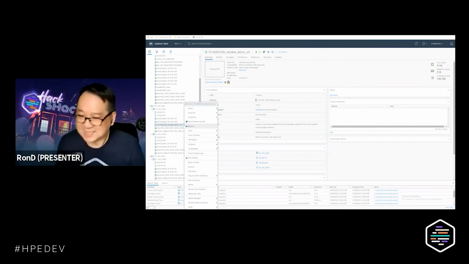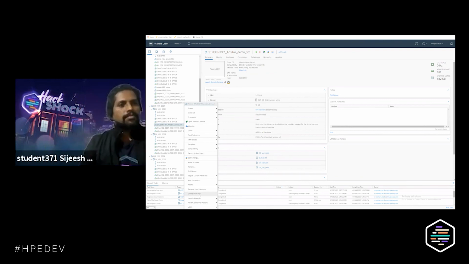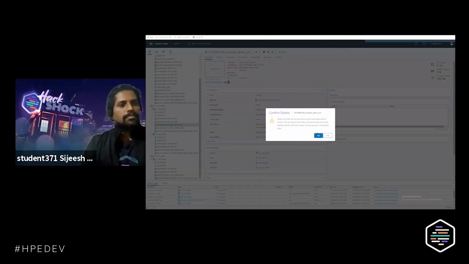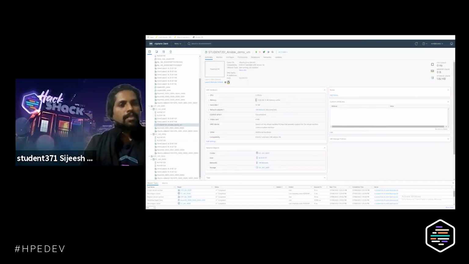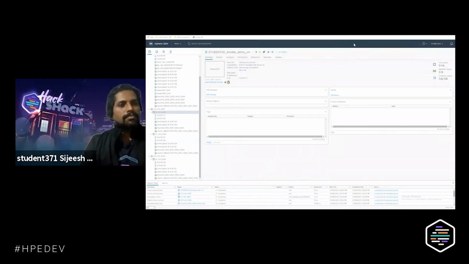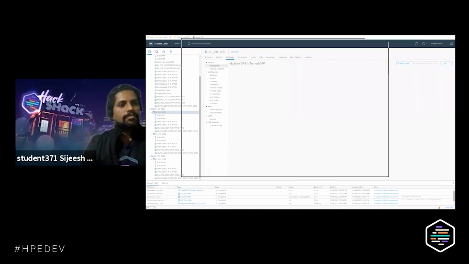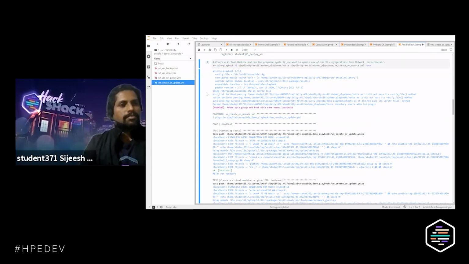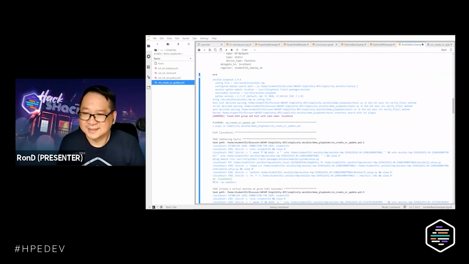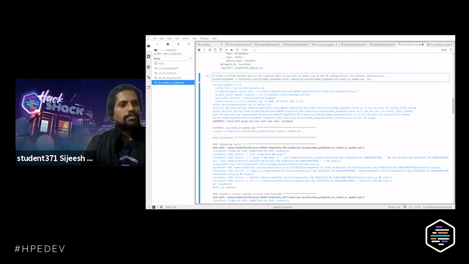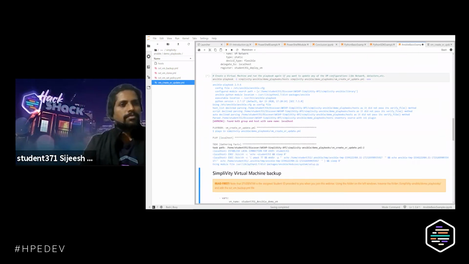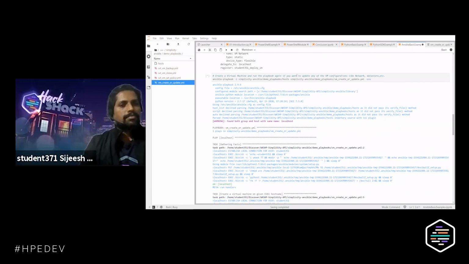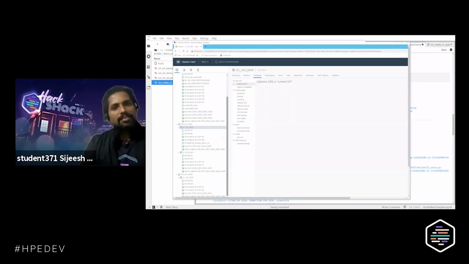What do you think, Suggest? If you're running it again, like in the Ansible playbook, Ansible will be checking if there is any configuration difference. If there is any configuration difference, it will be updating it. So the idempotency is very important here for Ansible. When you want to update a VM, you can just use the same playbook, change the configuration. Let's say we want to update the network, just update the network and run the playbook again. It'll be updating it. So if you want to delete it, just change the state.